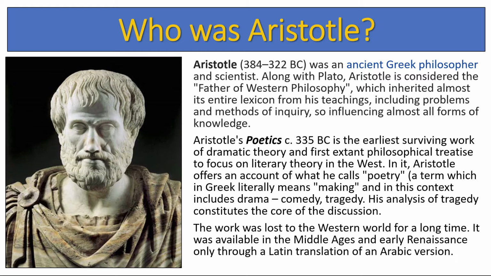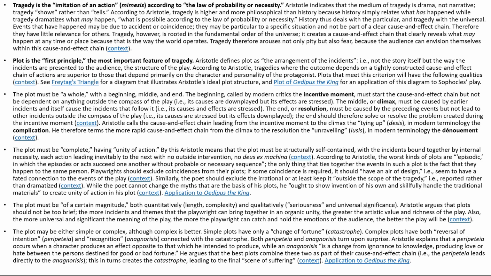He maps out, as he sees, what a perfect tragedy should look like, and it should have a tragic hero which has these characteristics and does certain things. The plot should involve certain key touchstones along the way for it to be considered a proper tragedy. And so his work is lost for many hundreds of years and then rediscovered in the Renaissance, and then Shakespeare and other writers try to recreate tragedy along these lines, following some of his rules. And he's considered the father of Western philosophy as a result.